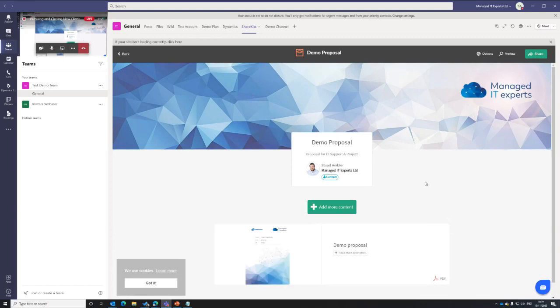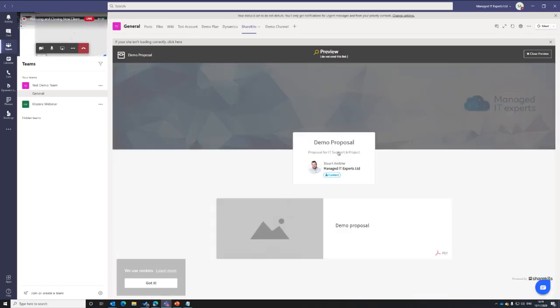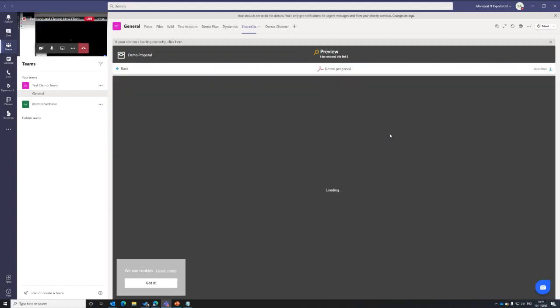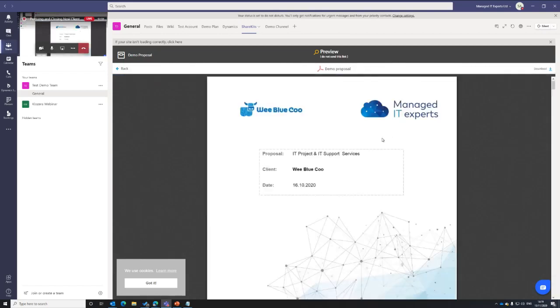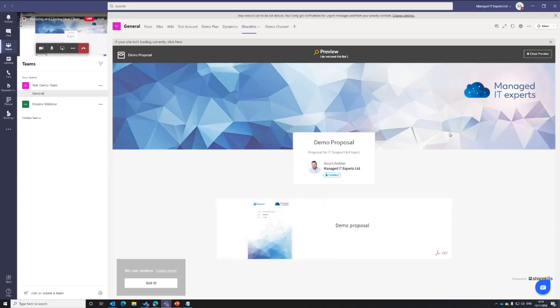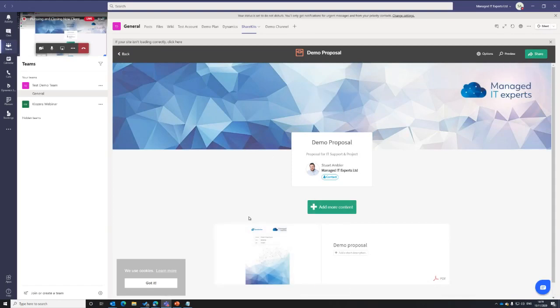This is what the client will see. So when I preview this, this is what the client will see. They'll open up and view the document. That then sends me a notification to let me know that they've opened the document, and I can see everything within it, and I can see how long they're spending on the document itself, what pages they've focused on,